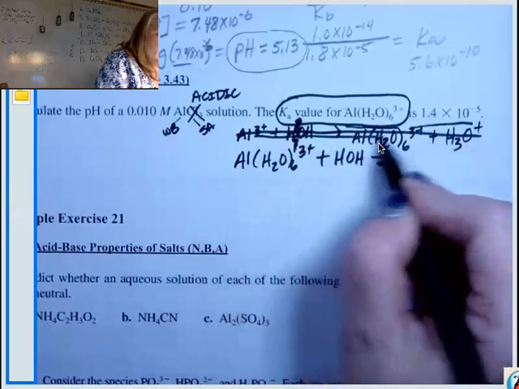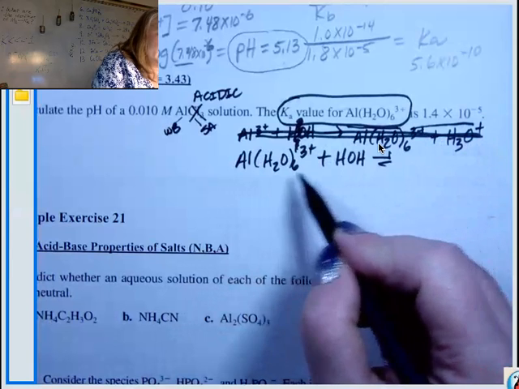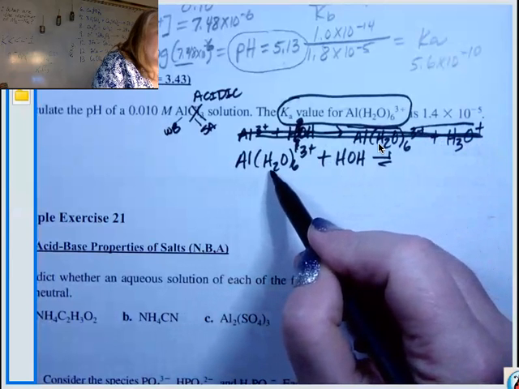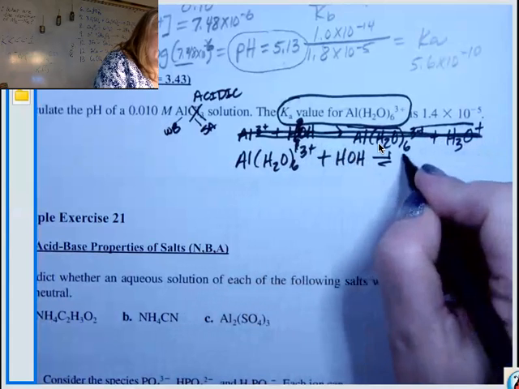If this is acting as an acid, it has to donate one of the hydrogens from one of the waters in here. And when it donates that, we come up with hydronium,